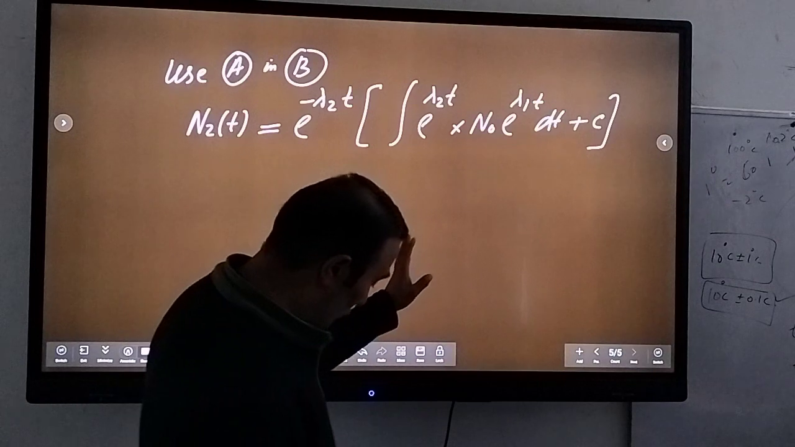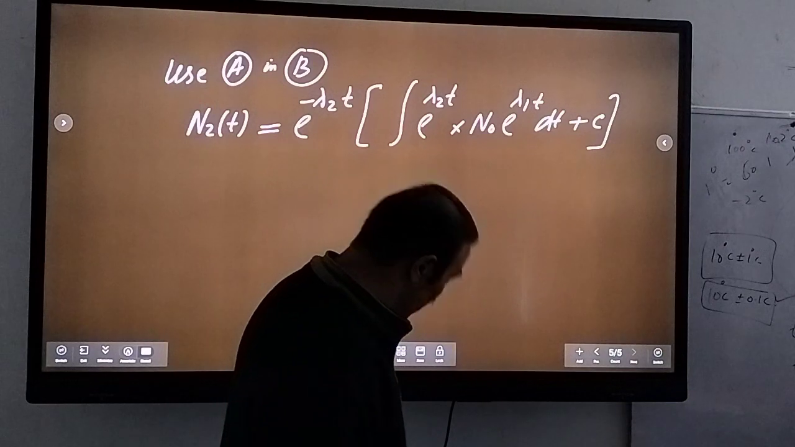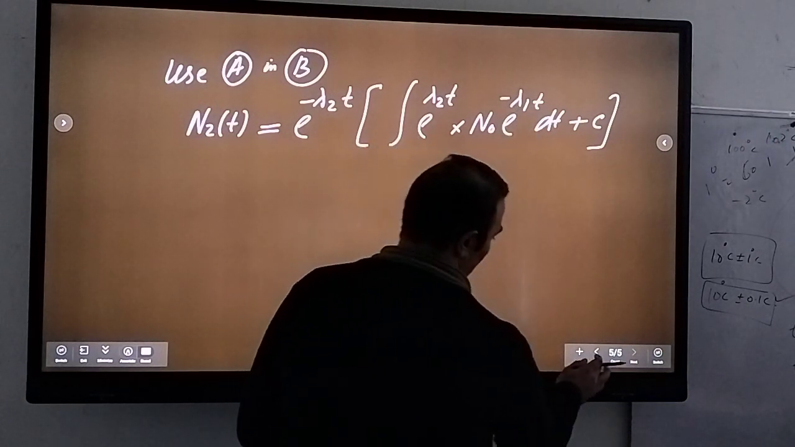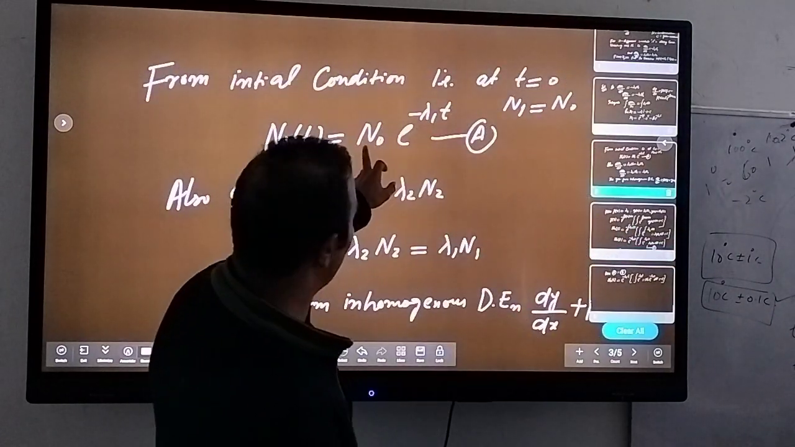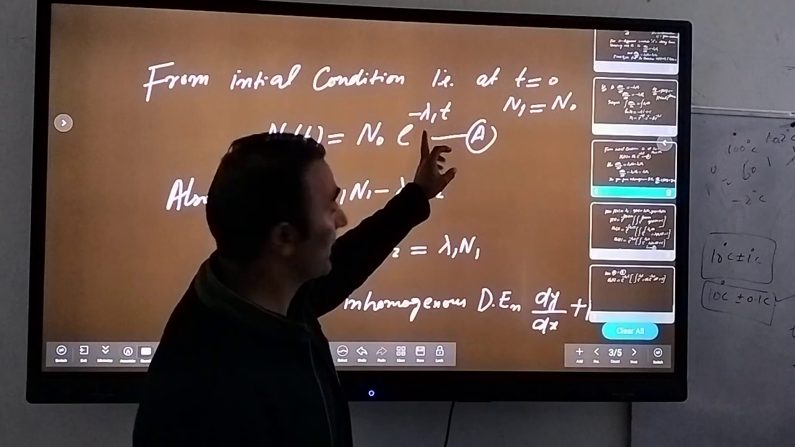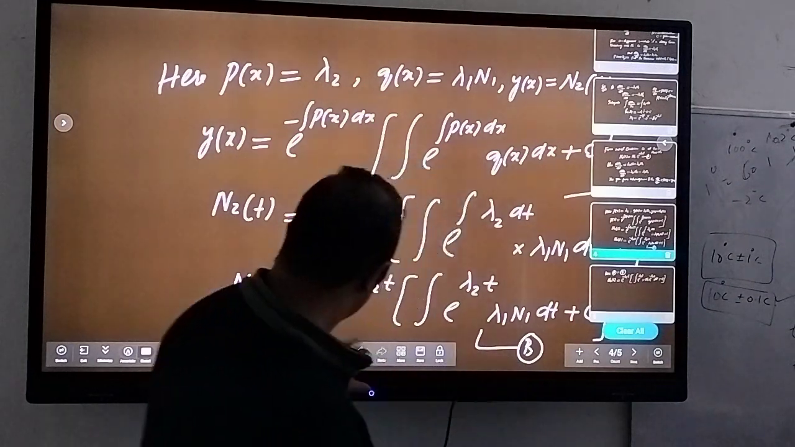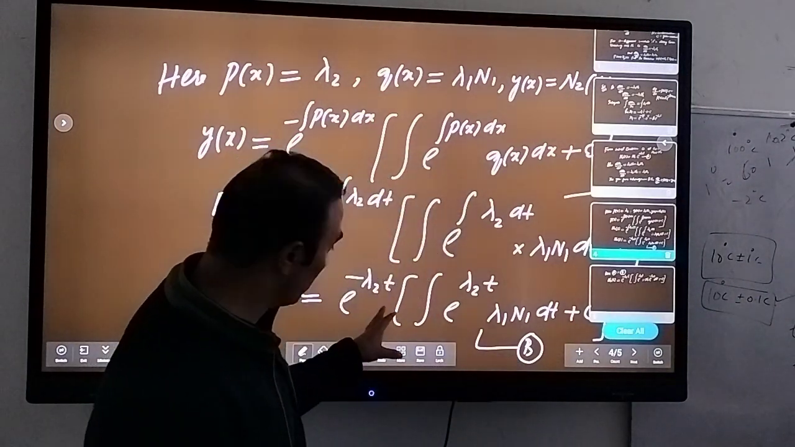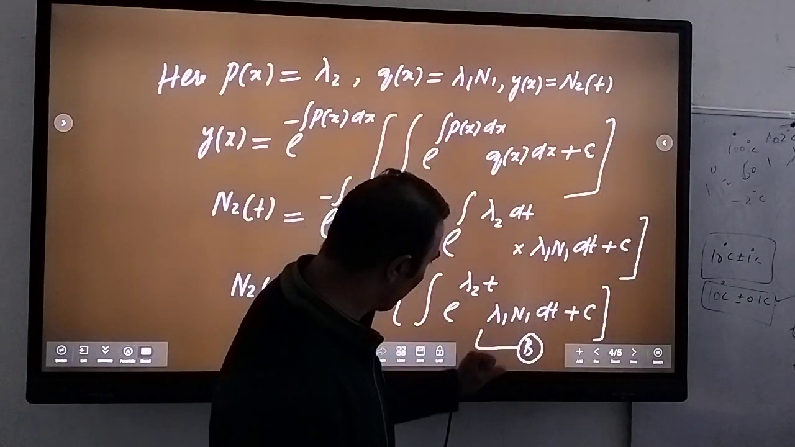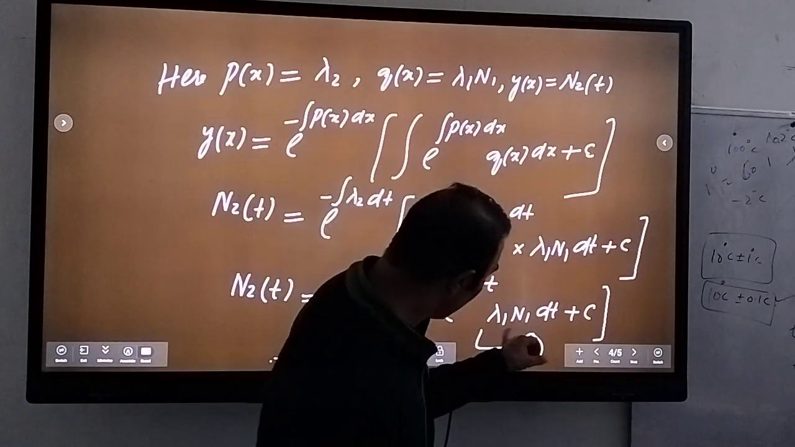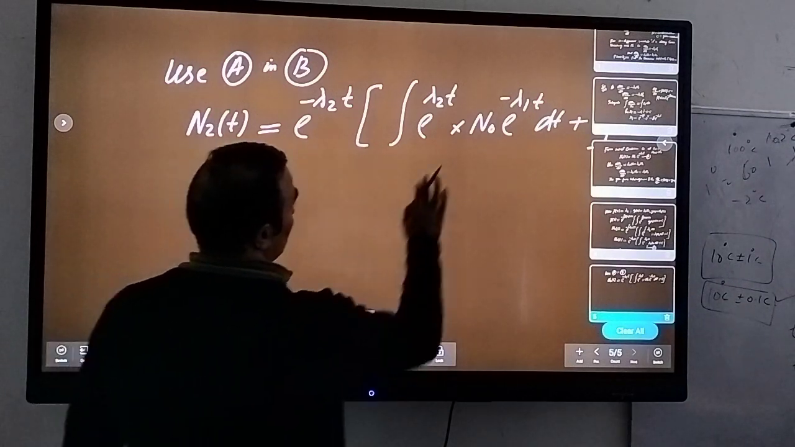Is it okay? I simply substitute that n1, which was n0 e raised to the power minus lambda 1 t. You can check that, why it is fine. So I use this value of n1 in equation B. Our equation B was n2 of t equal to e raised to the power minus lambda 2 t times the integral of e raised to the power lambda 2 t into lambda 1 n1 dt plus c. Here, instead of n1, I have to write n0 e raised to the power minus lambda 1 t, and multiply lambda 1 here. So I can rewrite this as